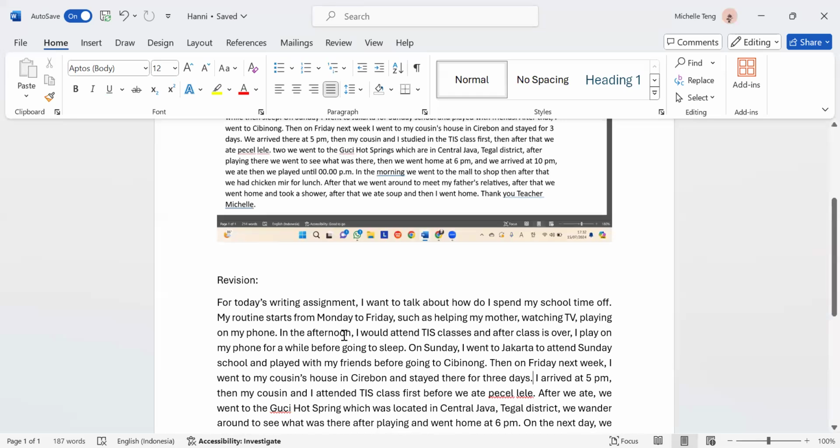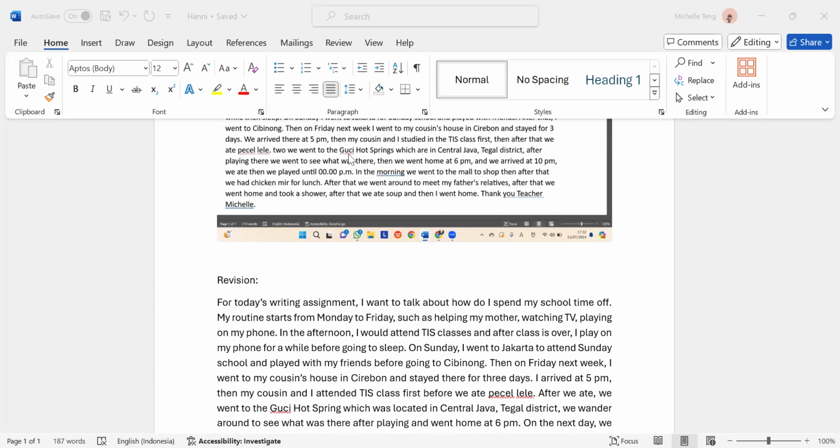So in the next sentence right here, we should use "I", because if we change from "I" to "we", which is the plural form, we really do not want to make the readers confused. So that's why I changed that. Remember that in writing, we need to have a consistent subject. Unless we already said, for example, "my cousin and I", and then we change to "we", then that would be correct. So "we arrived at 5 p.m." sounds as if you're talking about yourself arriving at your cousin's house.